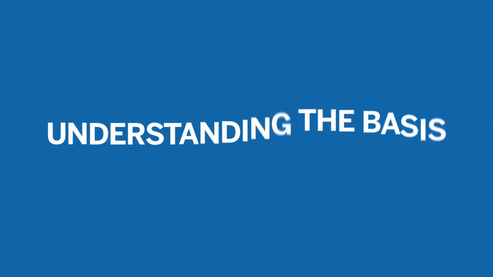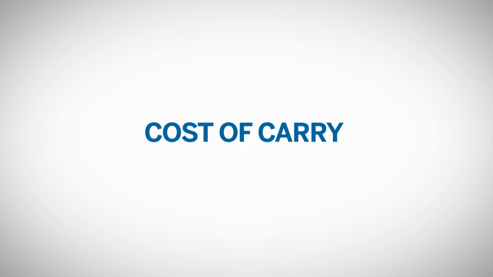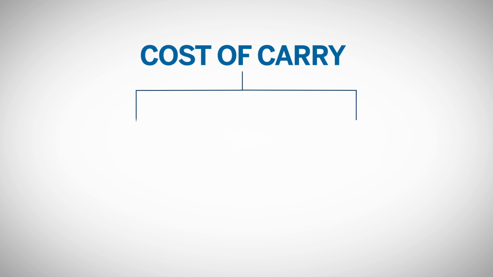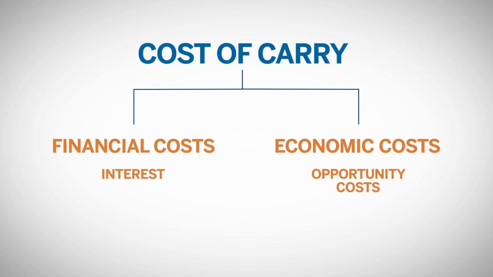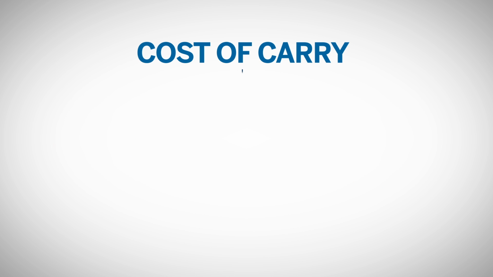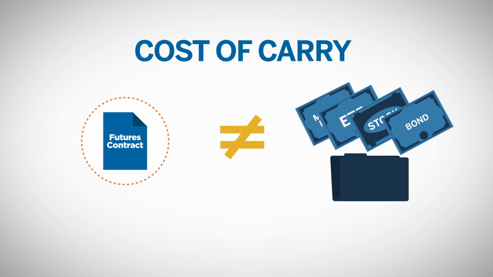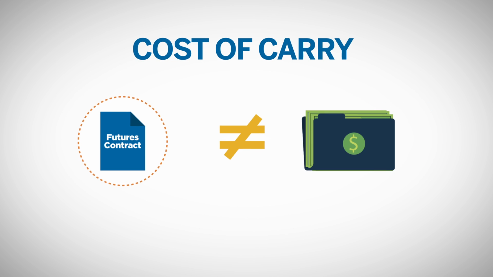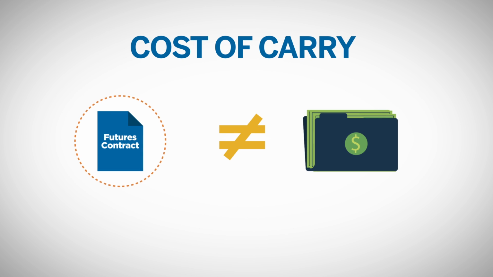To fully understand the basis, it is necessary to understand something called cost of carry. There are a number of costs associated with having an investment position. Factors may include both financial costs, such as interest, and economic costs, such as opportunity costs. Since equity index futures are not an asset, they don't convey any rights of ownership, such as receiving dividend payments. However, the financial value or opportunity cost of those dividends is accounted for in the price of the equity index